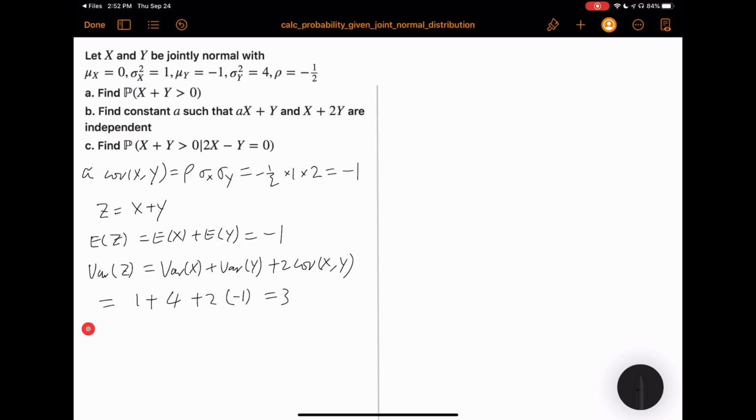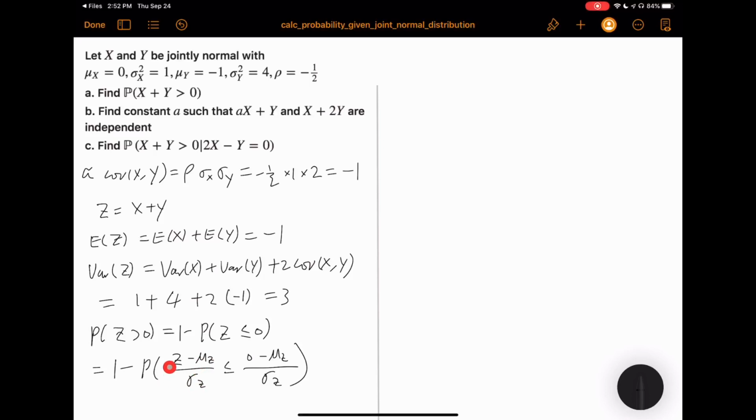So the probability of z greater than 0 is equal to 1 minus the probability z less than or equal to 0. So this is equal to 1 minus the probability of (z minus mu z) divided by sigma z less than (0 minus mu z) divided by sigma z. The reason we do this is that if we subtract the mean and divide by the standard deviation, this becomes a standard normal distribution. So we subtract mu and divide by sigma on both sides, and now this is a standard normal, so we can write this as 1 minus